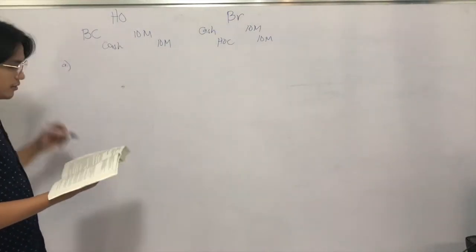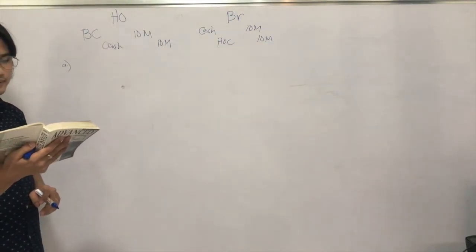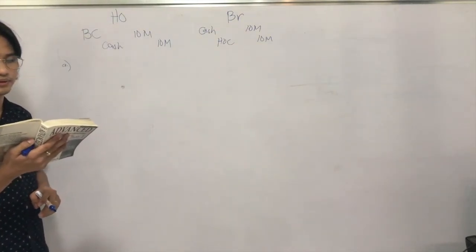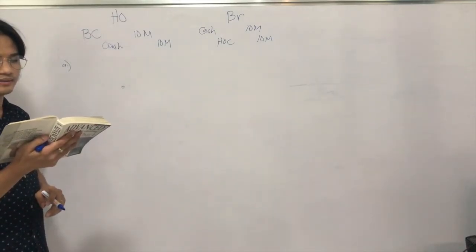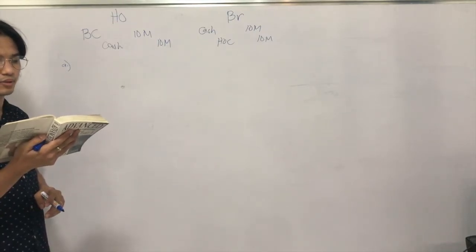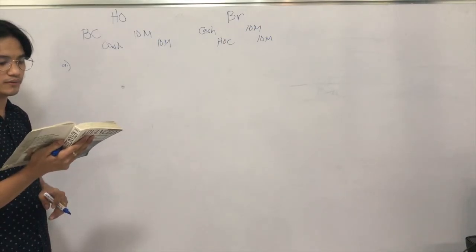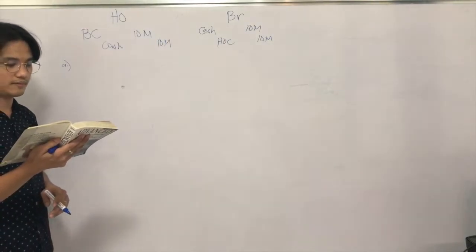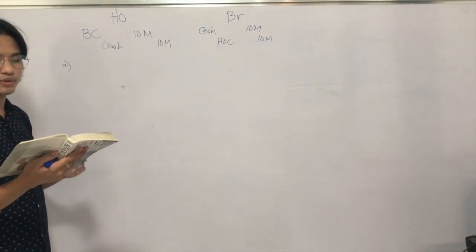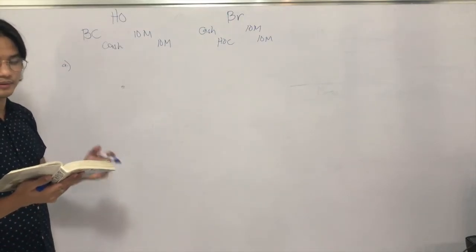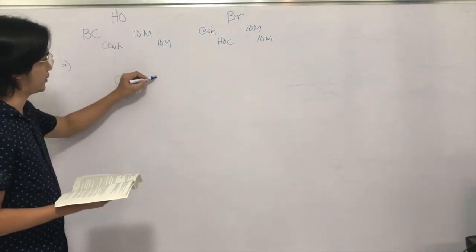Then we start with the other transactions. On January 1, the home office acquires land and building to be used by the branch for a total cost of 30 million. The branch records the assets in its books. The fair value of the land is 11 million, while the fair value of the building is 22 million. The building has an estimated useful life of 20 years and no residual value. The company uses the straight line method of depreciation. So in this case, for the first one, take note that it was the home office who acquired the land and the building, so it was the home office who paid for cash. So we credit cash, amounting to 30 million.